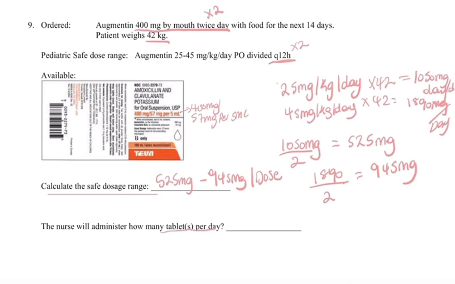I wish I had better handwriting so you guys could probably see it better, but you can't. So I'm gonna say 400 milligram is divided by 400 milligram, because as you can see the 400 milligram is on